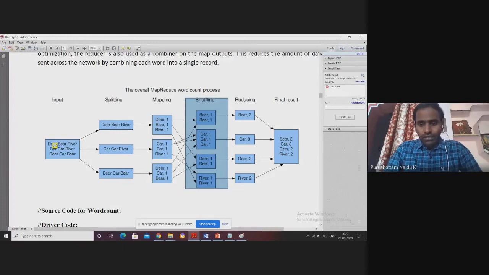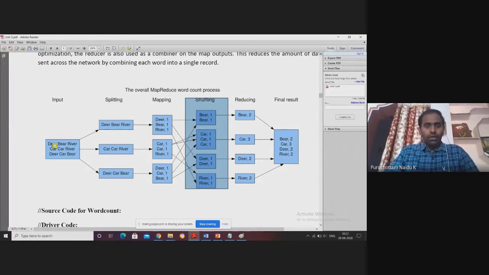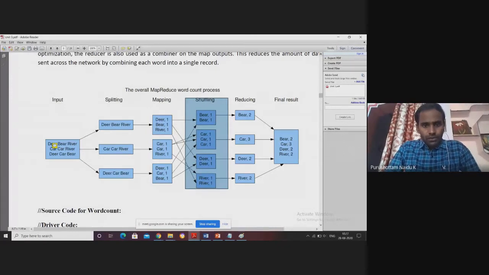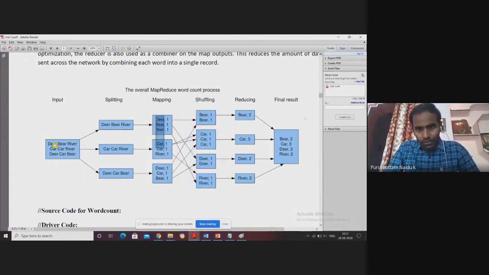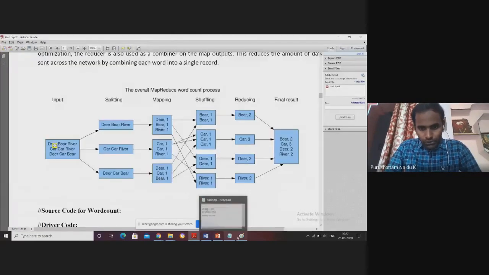Clear? Next, one more thing: each and every mapper and reducer, the map function and the reduce function.